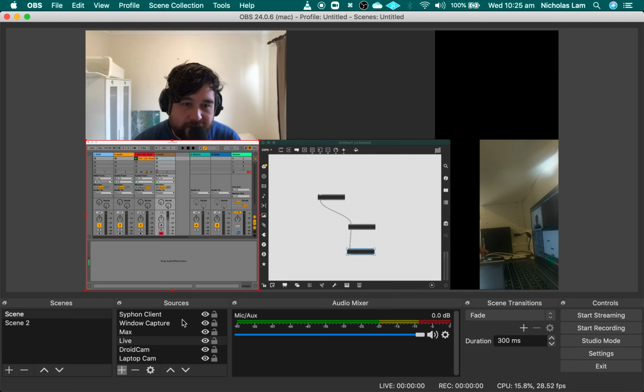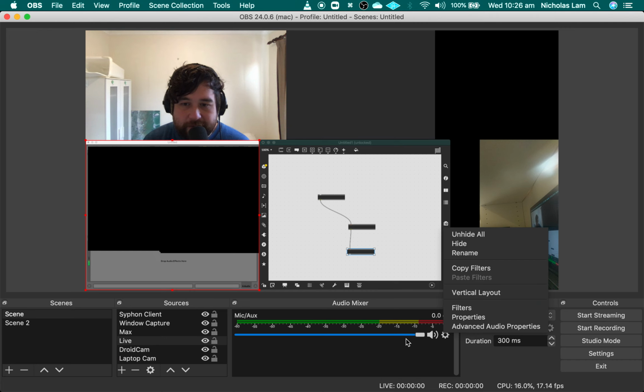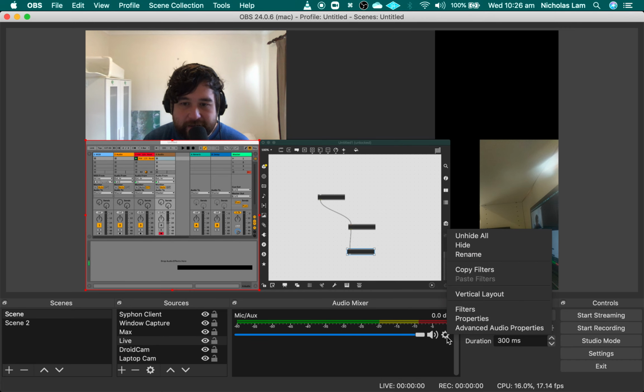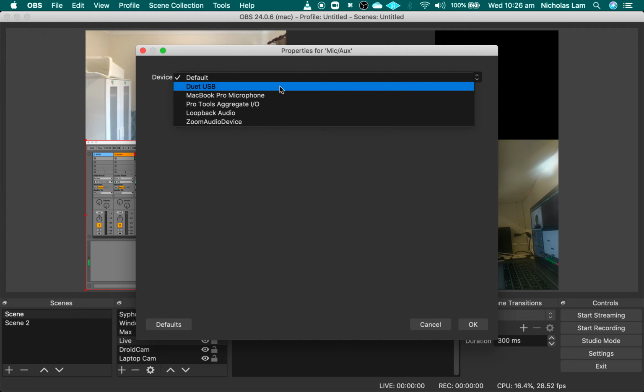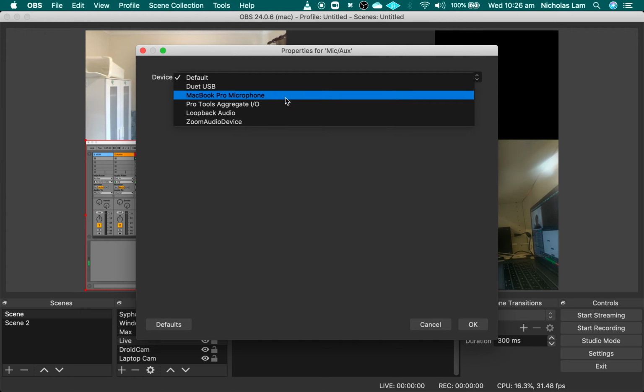So to do that, in sources, now this is where loopback might be very useful. Again, if you've only got a free 20-minute trial, that's more than enough to do your presentation, but it just means you might need to set it up just beforehand. So we'll see how complicated it gets. But just as a proof of concept, if I wanted to add this source here and just change the audio that I'm getting, if you click on the settings and then properties, you'll see that the devices we can choose from are our regular devices. So we can't just directly select live,